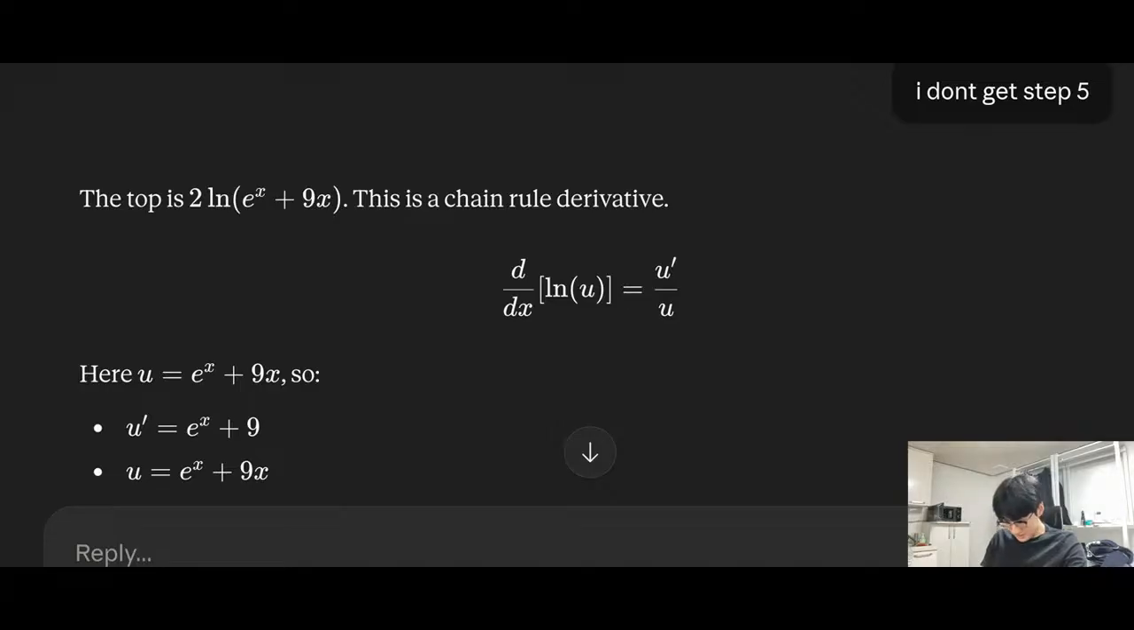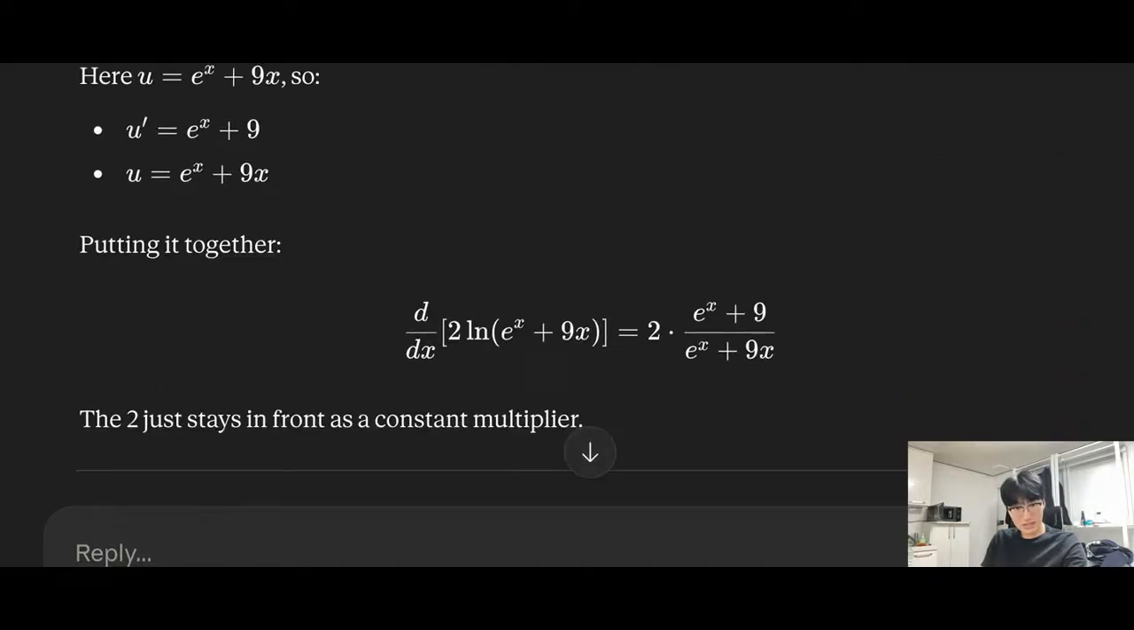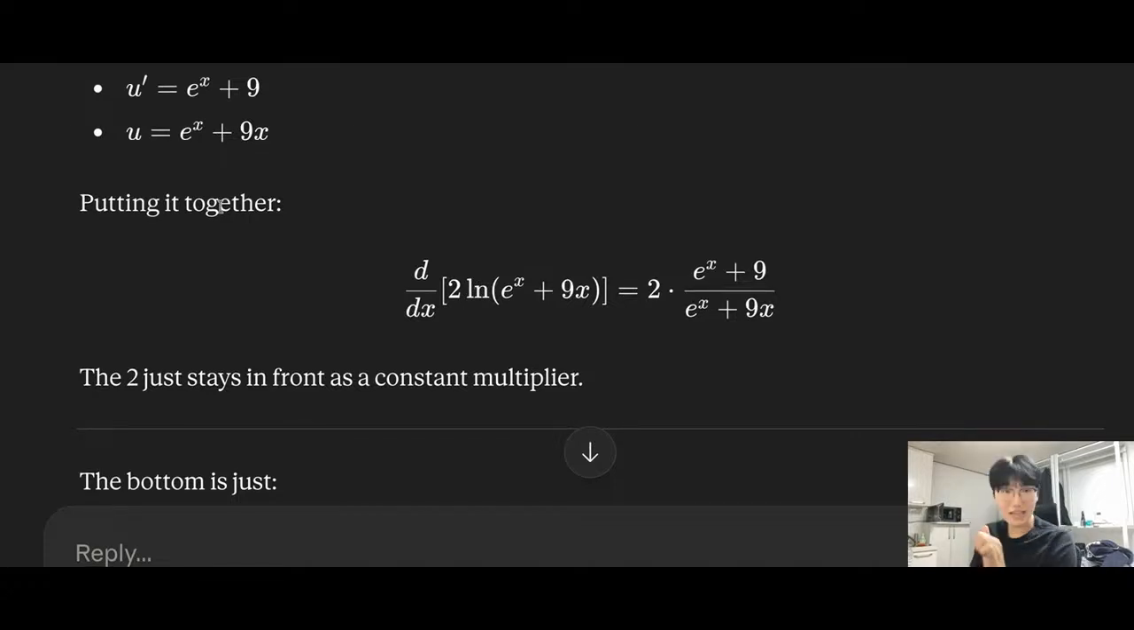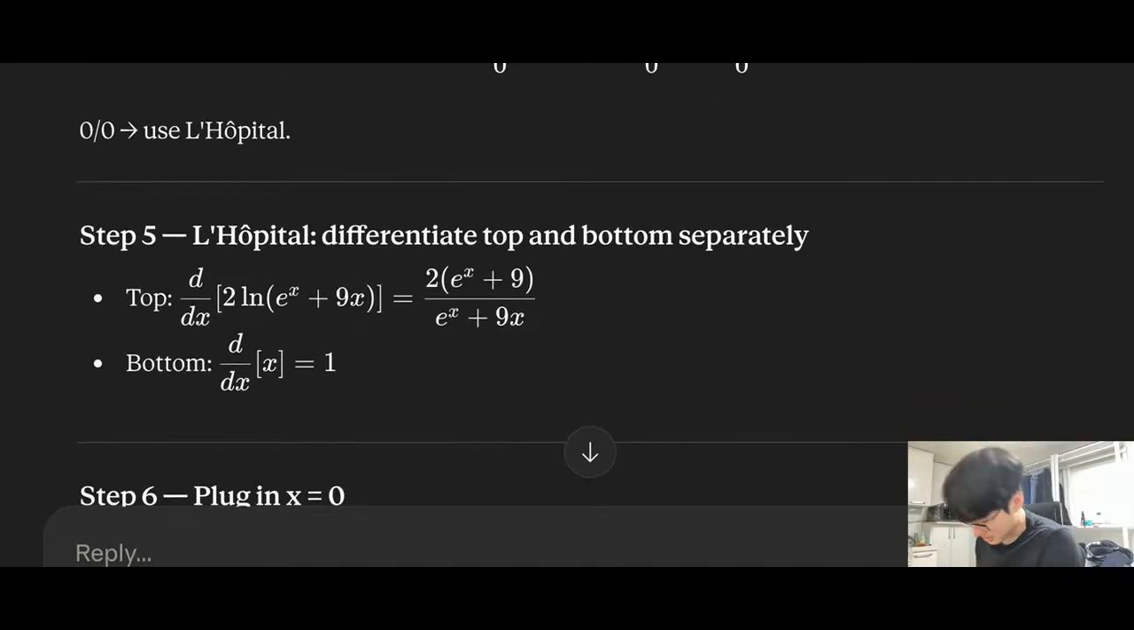All right. Just mess me up a bit. So putting it together. Okay, ln disappears obviously, times 2, which is how we got here. You just multiply it to e to the power of x plus 9, e to the power of x plus 9x,